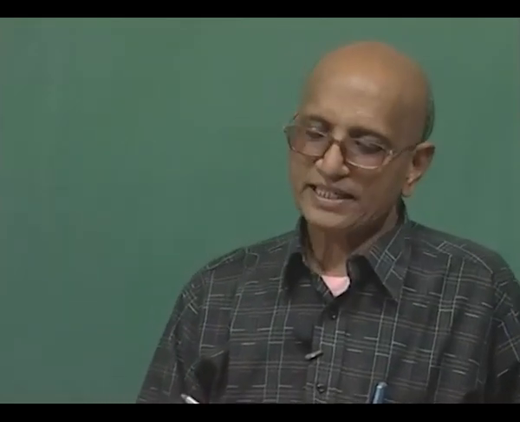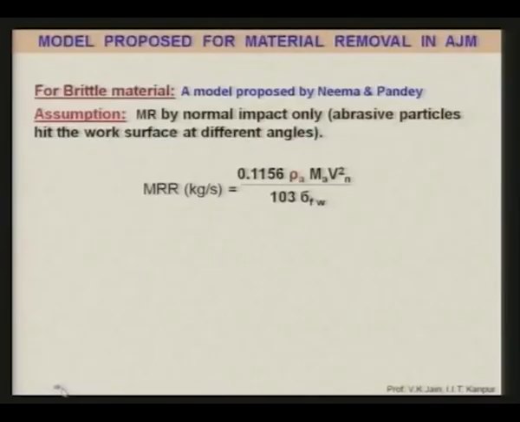Abrasive particles hit the workpiece surface at different angles in general, not only at 90 degrees. Now, the material removal rate in terms of kilogram per second, they have proposed, can be calculated with the help of the formula 0.1156 rho A m A V n square divided by 10^3 sigma F w, where rho A is the abrasive